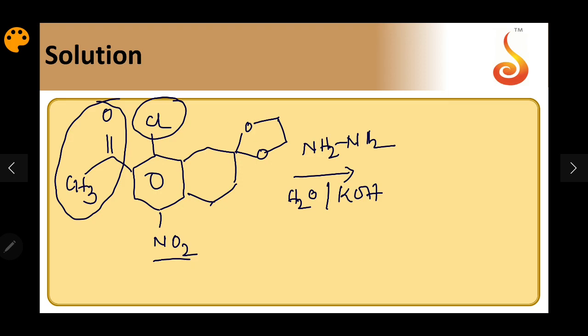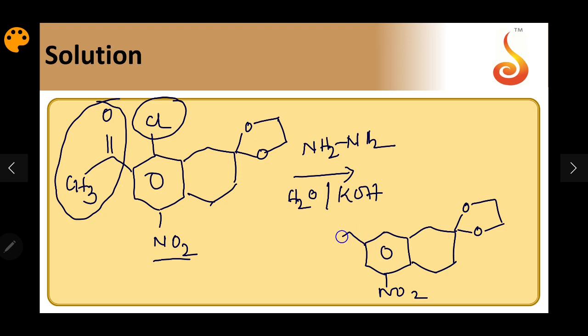And also the acetal, an ether structure, is stable in basic medium, so that won't get disturbed. So product should be like this. You have the same benzene ring and the same cyclohexane ring. The acetal part will remain as it is. This NO2 is also not disturbed, but this COCH3 will become CH2CH3 and the chlorine will become NH2,